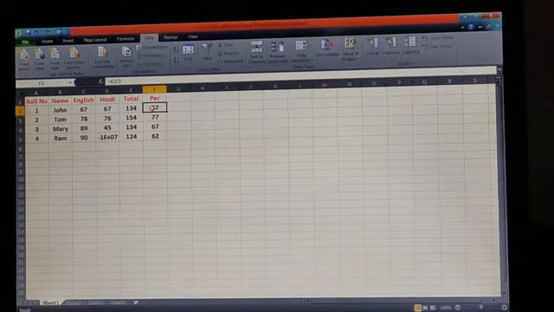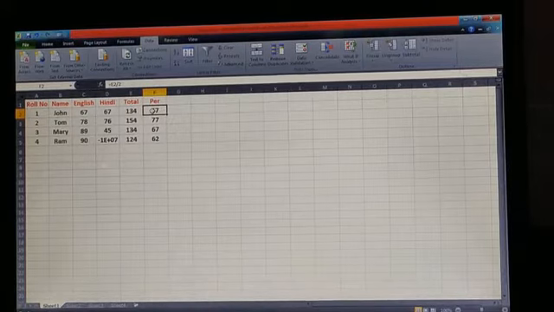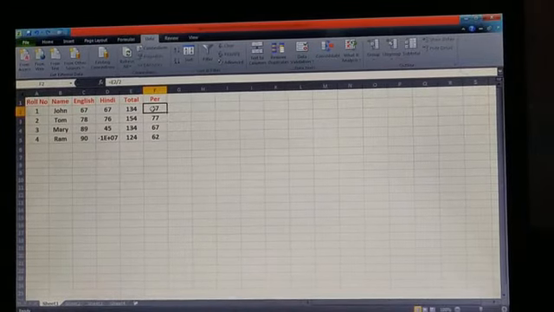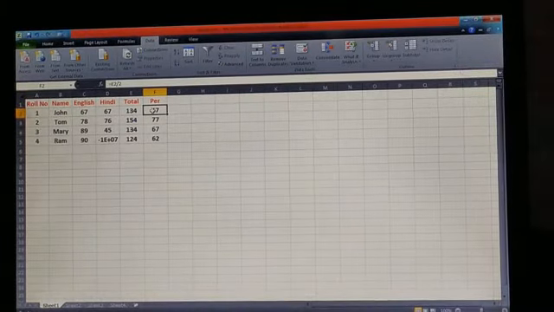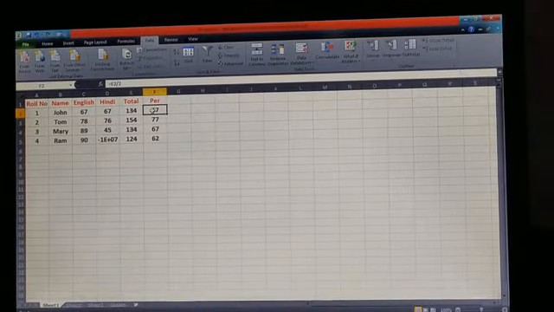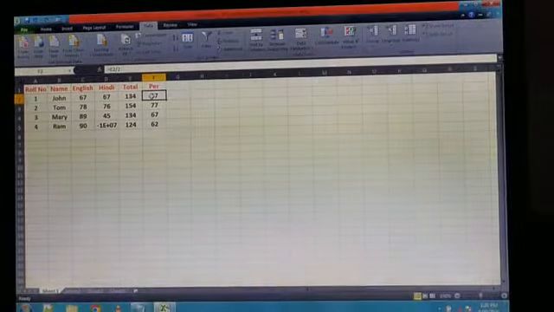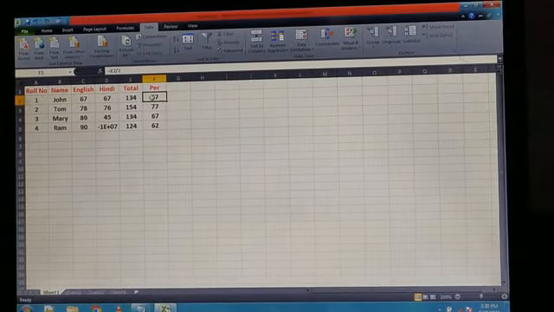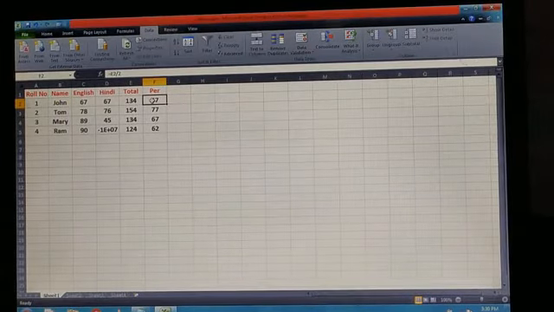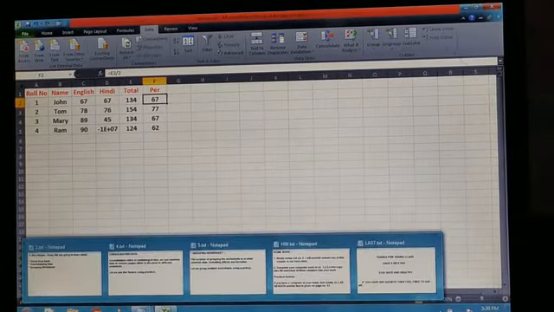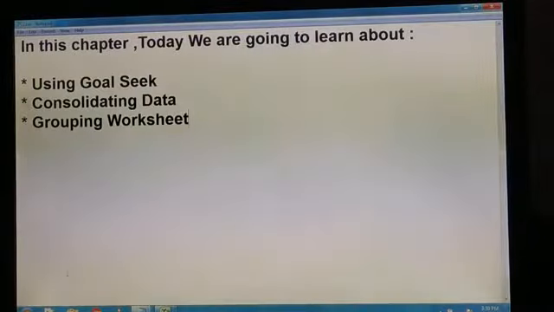Okay students, if you have any confusion regarding that you can ask me, but you have to follow all the steps that are clearly given in your book on page number 48. Okay, I have followed all the steps very carefully, so you have to do practical on that. Okay, now let me move to our next topic, that is consolidating data.